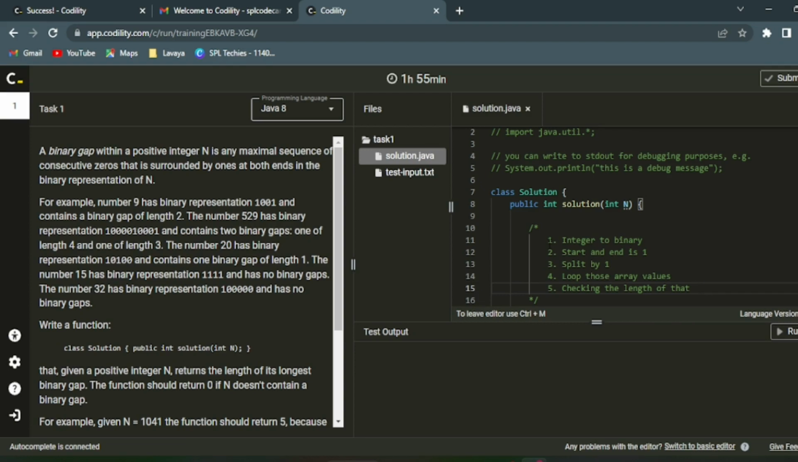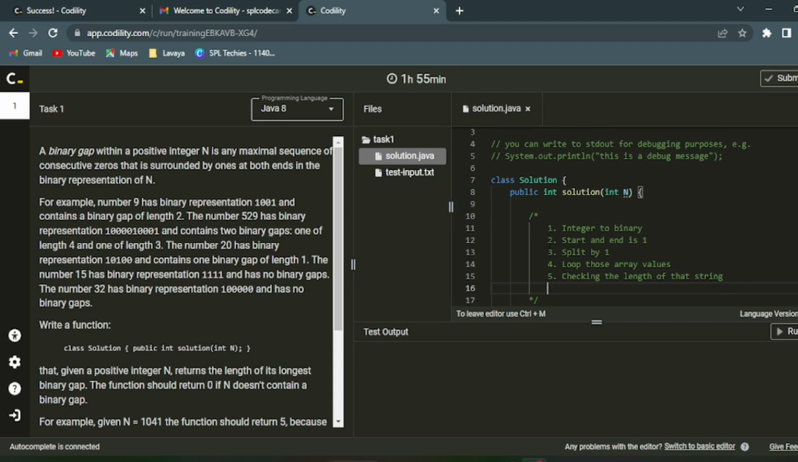Not array actually. If we split it, we will get an array of strings. So we are going to loop that array and check the length of each string. And if the length of the string is maximum,